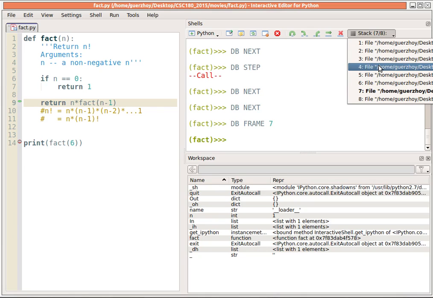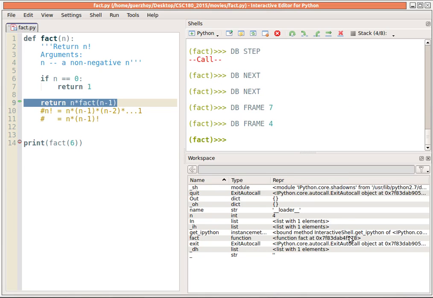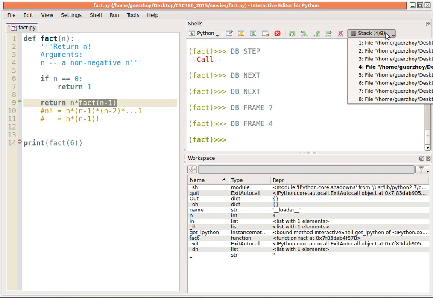Let's pick another random frame here. So here n is equal to 4. That's also in memory, so we have multiple locals tables for the different calls to factorial, each of which contains a different value of n, so we remember all the values of n here. And here we are just waiting for factorial of n minus 1, so factorial of 3, to return. So that'll happen eventually. Right now, let's go back to the top of the stack,